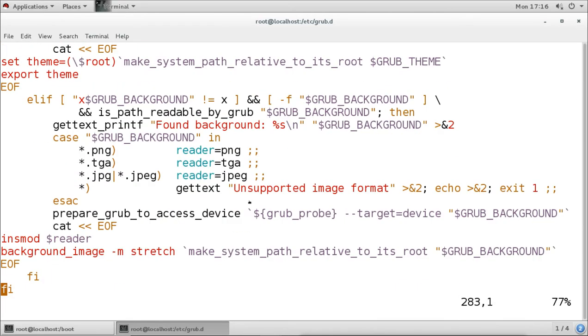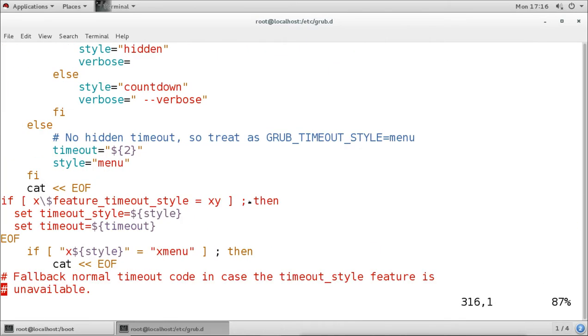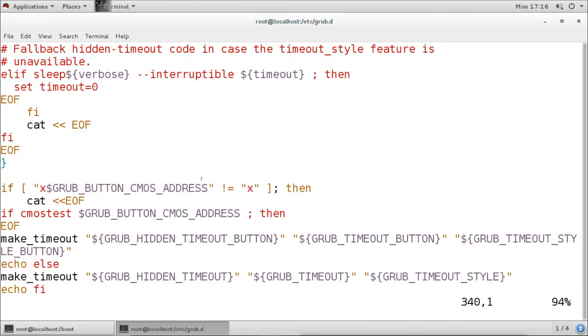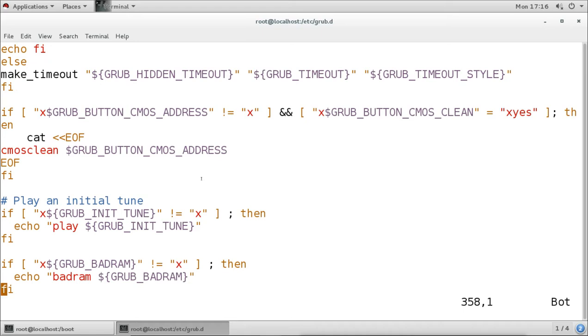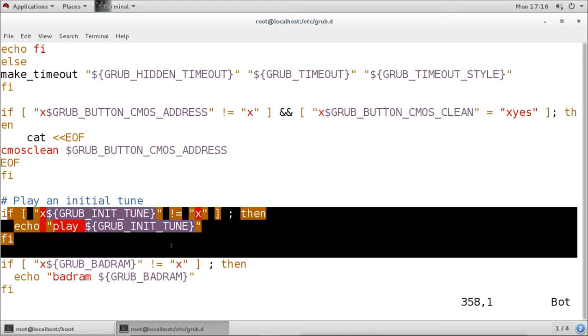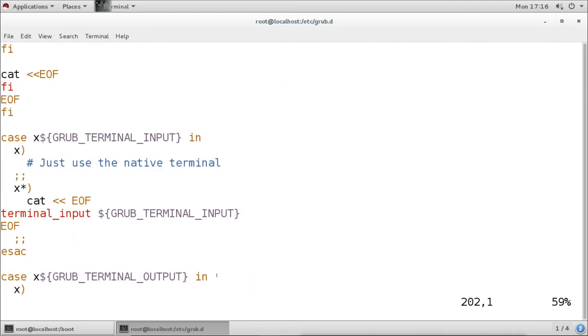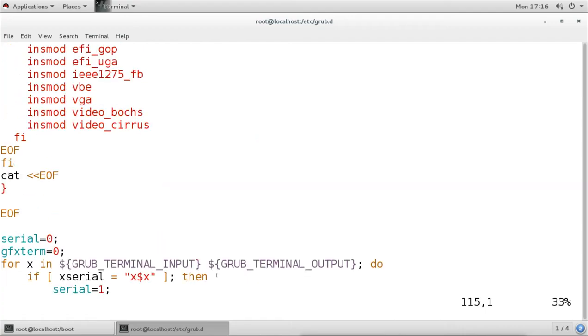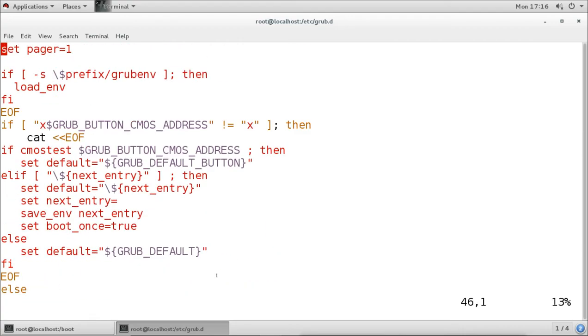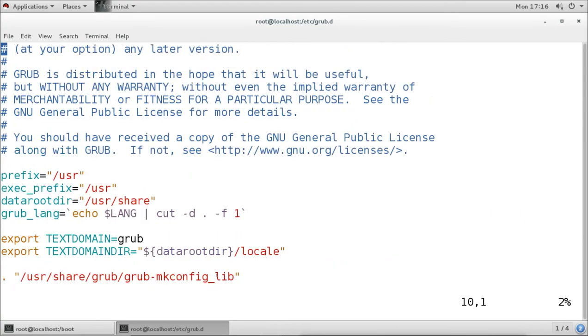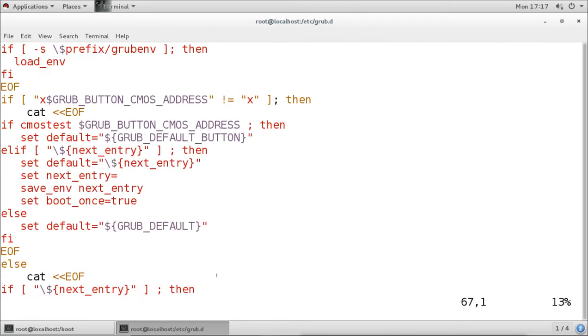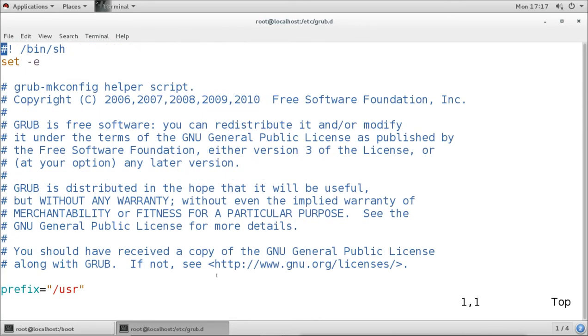Now if you understand shell scripting, then you can edit this file also. You can edit it easily. These are some scripts, these are the loops here. So if you understand the configuration and the loops, then you can edit it easily, find the time setting, and increase the time also. It may be there somewhere, so you have to find how much time it is set to here, and then you can edit and change it.